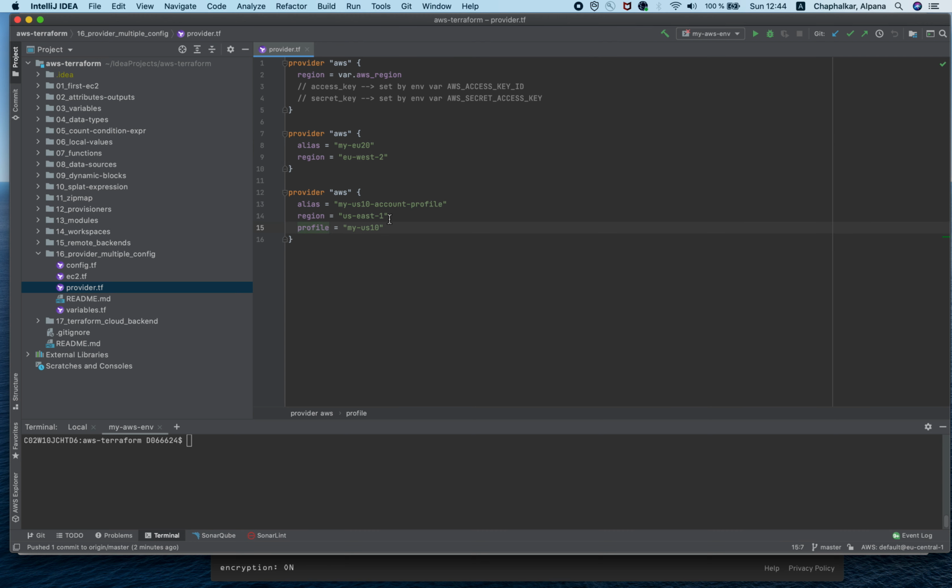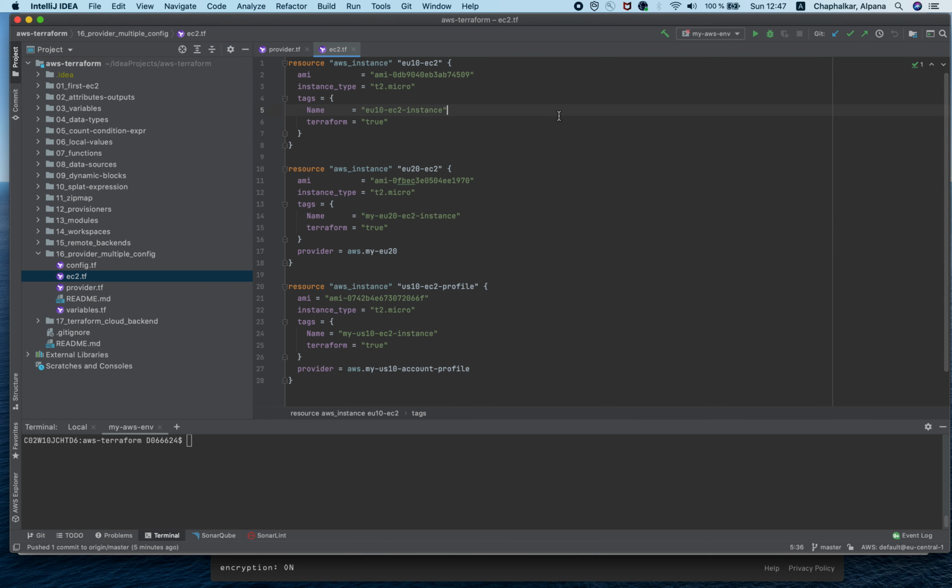With the profile argument, you are selecting a different AWS account. In my local AWS profile settings, this is my US 10 with the region US East 1 with different AWS account credentials. Let's take a look at how we can provision the resources with different provider configurations.